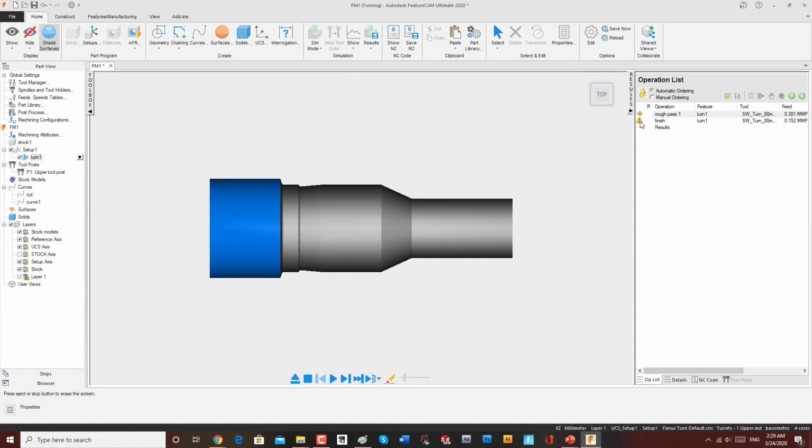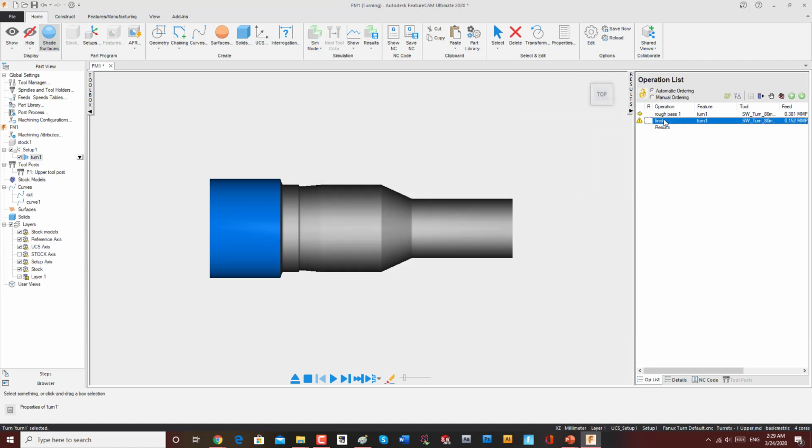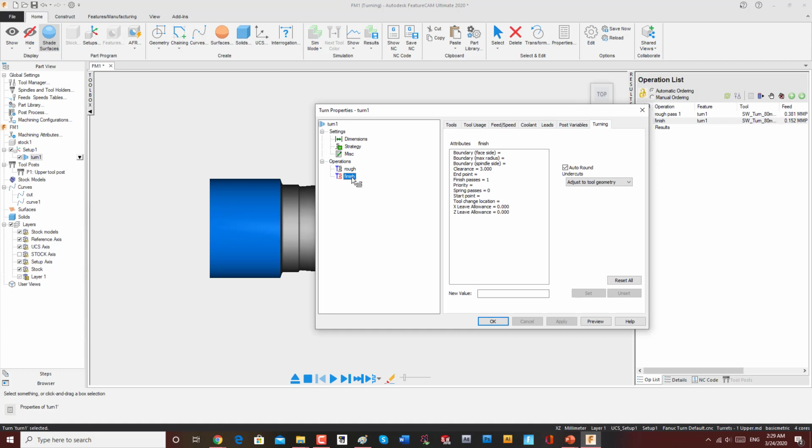Here as you can see there is a warning. And you can also look here at the machining attribute, the 10, yes, inside. What about finish? You click on it, you will find it here. See here it is in,